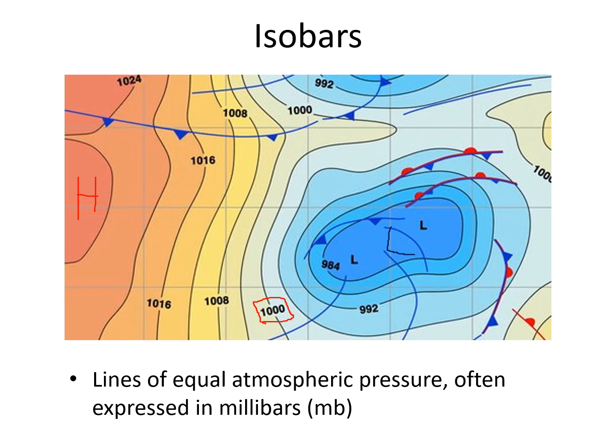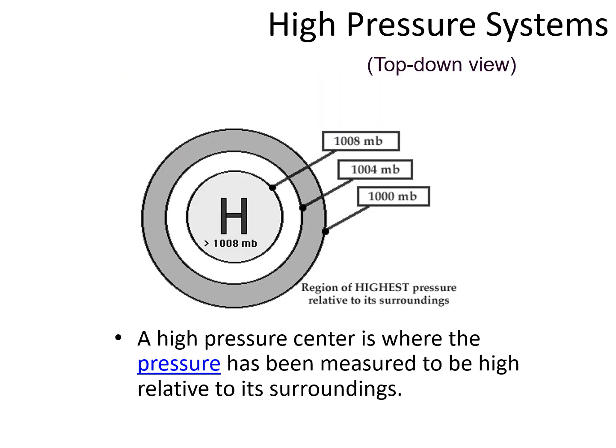The letter abbreviations L and H are typically used for low pressure and high pressure areas. When you're looking at one of these weather maps that has a top-down view, you'll often see what looks kind of like a rough bullseye with an H in it. That is what they call a high pressure center. A high pressure center is where it's the highest pressure in the area, surrounded